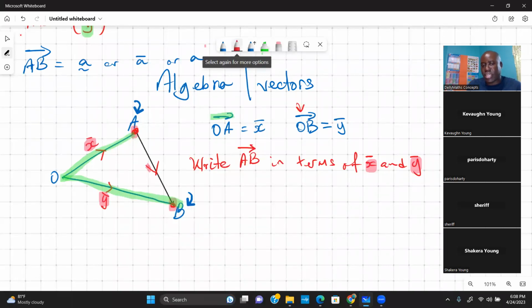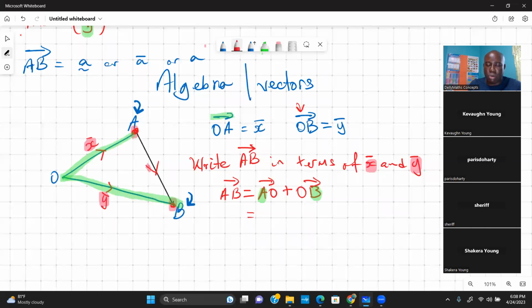So in this case, you can write up that AB is equal to moving from A to O plus moving from O and you end up at B. Remember we said that your beginning point and your end point are on the outside if you're walking like that. All right, so what you want to do now is to look at the arrow, making sure that you are correct in terms of the right